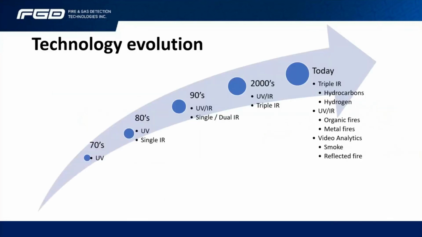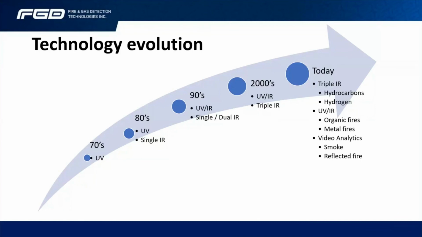If we were to have a quick walk through the technology evolution as time has progressed in the last, say, 40 or 50 years, we very much started out looking at the UV-based flame detection technology, but pretty much by the end of the 1990s, all of that has gone away, and people have moved on to UVIR or single frequency IR, and then some people have started to add additional sensors. If we bring things right forward to today,